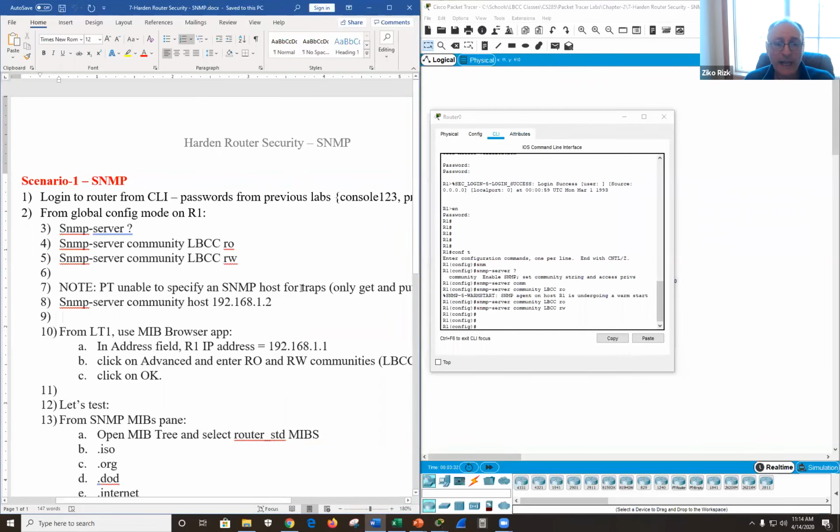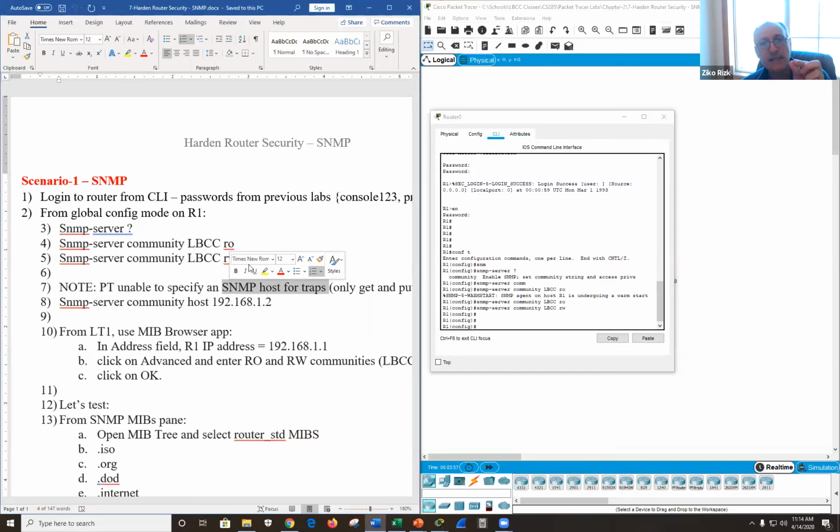So let's talk about traps, everybody. This is another feature. We talked about get, which is informational: let me find out what is this platform and what's running on this platform. There is put: let me go ahead and put something or change a variable. And then there is a trap. Traps are wonderful. Traps are great.